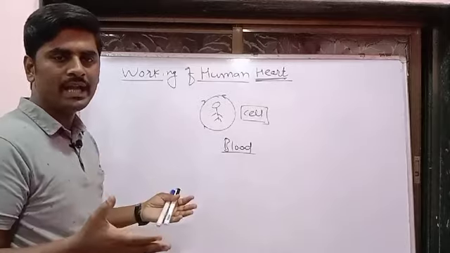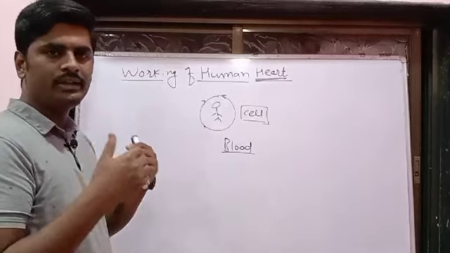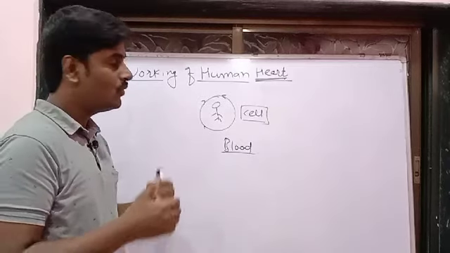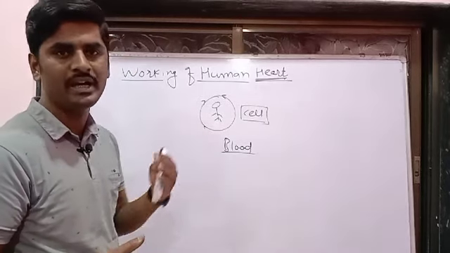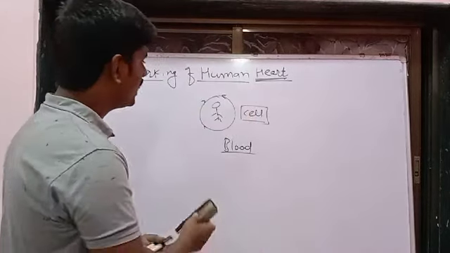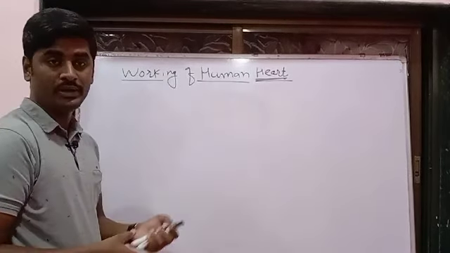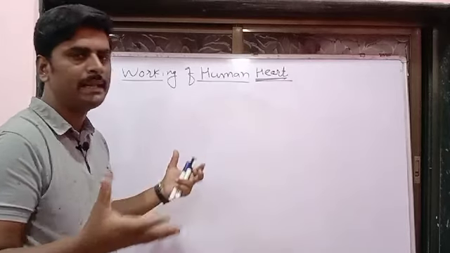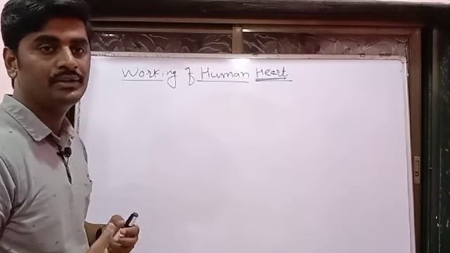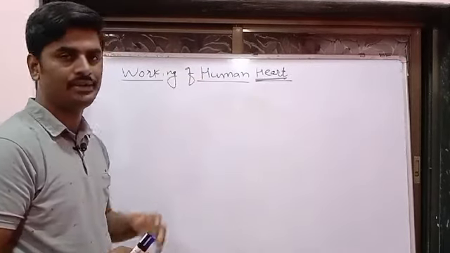All of you know that our heart beats 72 beats per minute. Okay, and we already discussed its rhythmicity. One contraction and one relaxation is equal to one heartbeat. Our heartbeat is also proportional to the pulse rate. As we already feel the pulse at our hand and different locations, we are going to discuss all those points in the next lecture. But in this class, we are going to discuss the exact working and exact function of the heart.